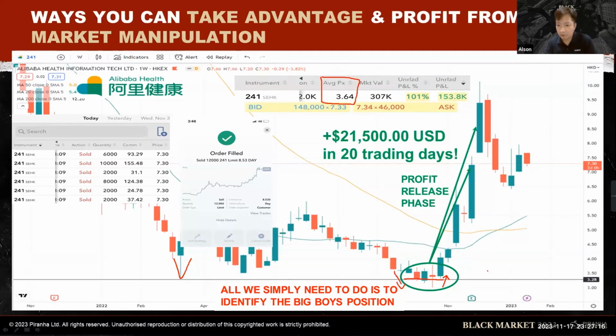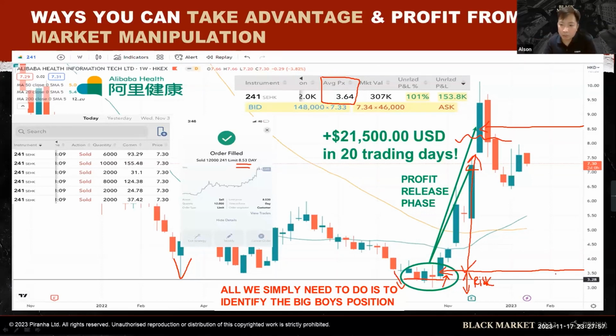So the average price I went in was $3.64, when everyone was very bearish on the China market. I went in at $3.84. My risk is only like this, guys. You see, my risk is very minimal. My reward, guys, I exited at $8.53 and here as well. So my average price is somewhere here. My reward is insane. You see, multiple times my risk. Understand? This is what trading is all about, guys. Taking minimal risk for high return, and trading with a very strong edge strategy. That's how you become consistently profitable in trading.